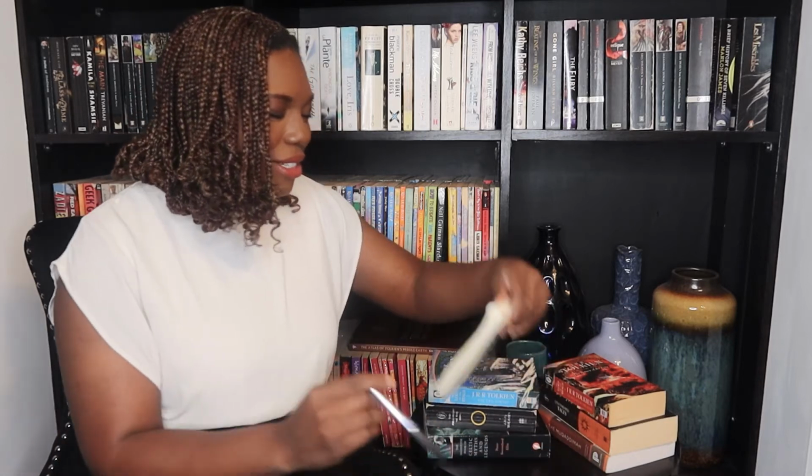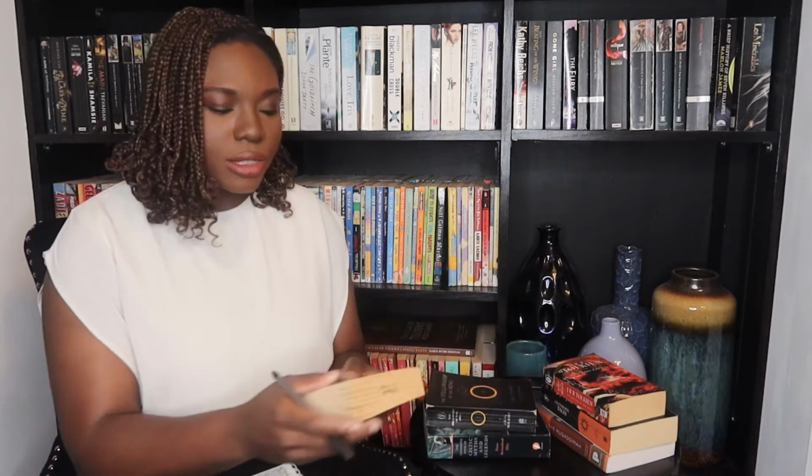So this is the method that I use, and I've actually gone through the liberty of putting out some of the books in which I've used this method to read. It's a very simple method, and it consists of dividing up the books into your average page consumption. So basically, you take a book, this is The Two Towers in The Lord of the Rings by J.R.R. Tolkien. So you take a book about this size, and what you do, I don't know if you can see it very well here,